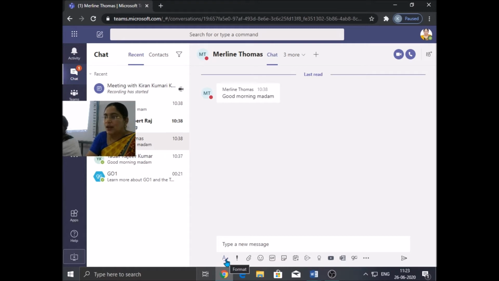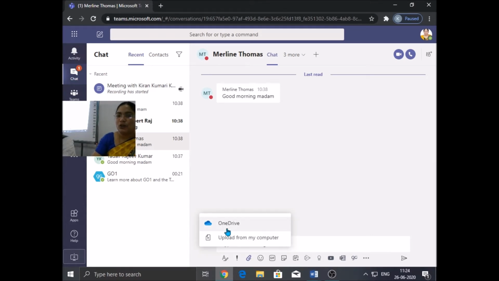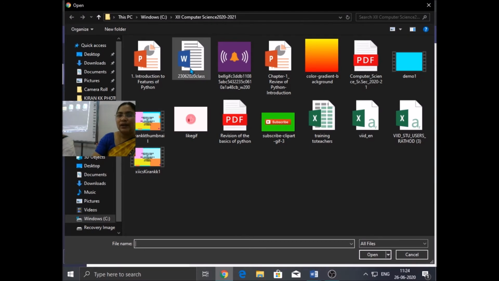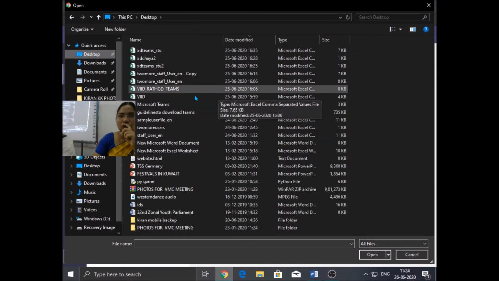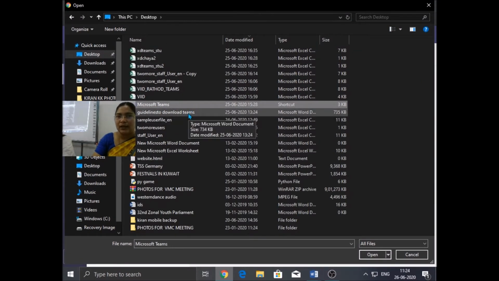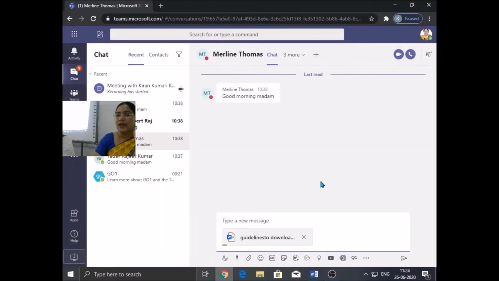Here you can see if you want to type something, click here and type the textual information. If you want to send an attachment, click on that attachment symbol and you can send. Suppose if you want to upload from my computer, I want to send one instruction sheet, the guidelines to download Teams kept on my desktop, so I have just shared that to Merlin madam.